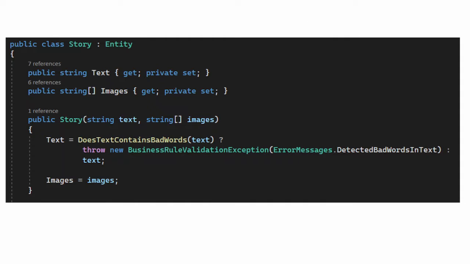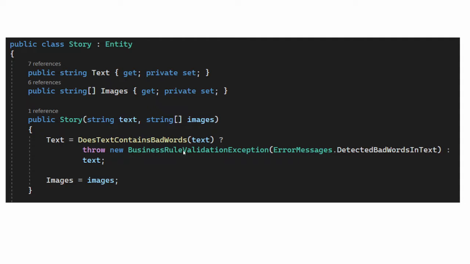To make sure that this check always gets executed, we will remove public accessibility of the story's set properties by declaring them as private. And we will introduce a constructor which will be responsible for initializing the story object. While initializing, it will always check if there are any bad words, then it will throw business rule validation exception. And if it doesn't have any bad words, only then it will assign that text to the text property